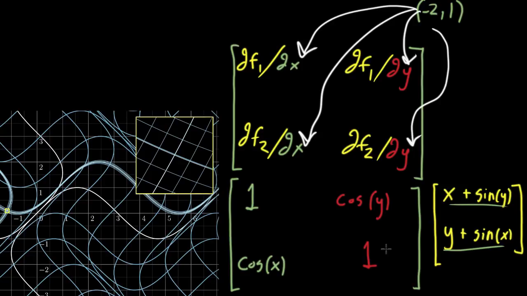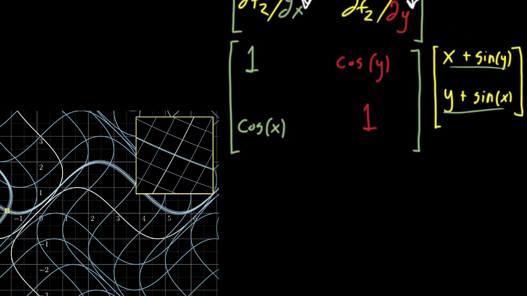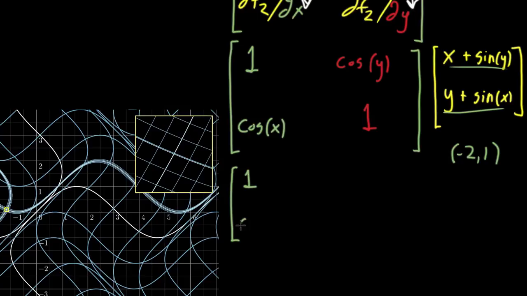And this is the general Jacobian as a function of x and y, but if we want to understand what happens around the specific point that we started off at, well, I think I recorded it here, at -2, 1, we plug that into each one of these values. So when we plug in -2, 1, again, rewriting it to remember, we're plugging in -2, 1 as our specific point. That matrix as a function, a matrix-valued function, becomes 1, and then next we have cosine,